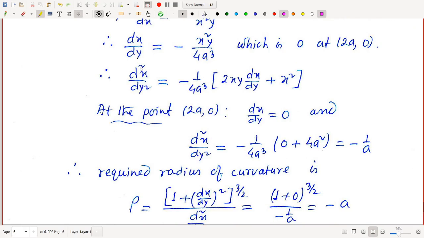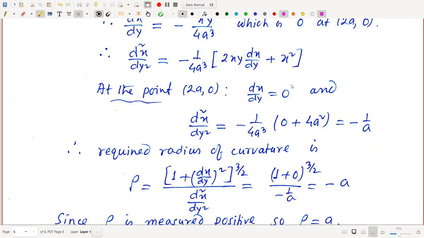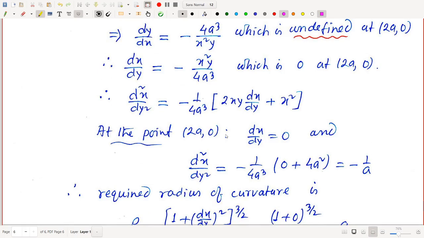So dx by dy will become d square x by dy square, and the right side is minus 1 by 4a cube, constant, times the derivative of x square into y. The derivative of x square is 2x into dx by dy, because we are differentiating with respect to y, plus x square remains, the derivative of y with respect to y is 1, so we have written only x square here. Now at the point (2a, 0), that is when x is twice a, y is 0,